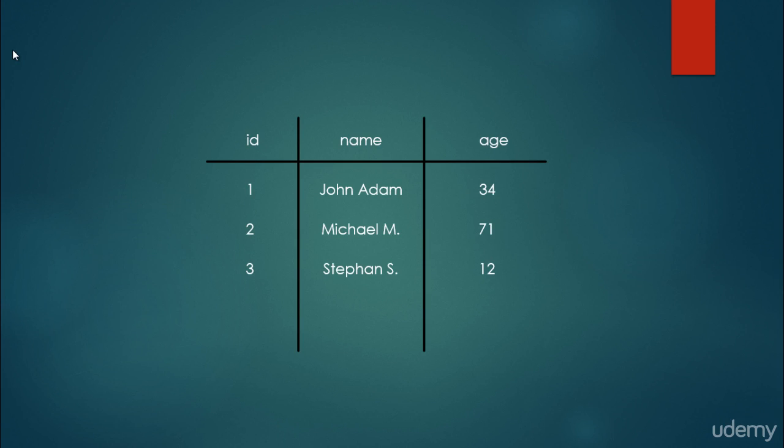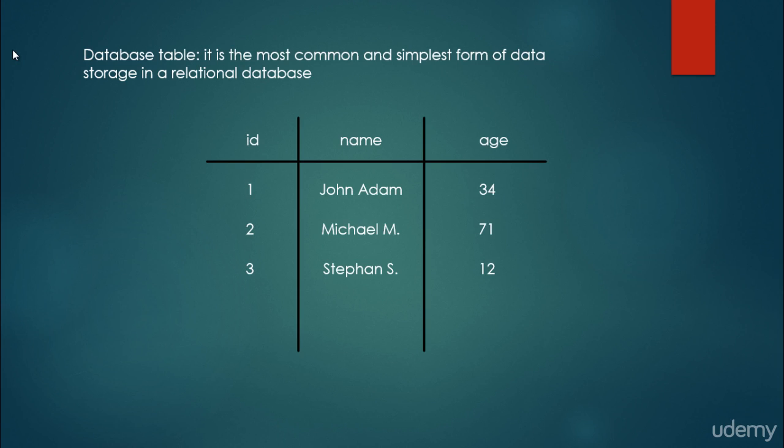And this is how a relational database looks like. It has columns, it has rows. For example, the ID, the name, and the age. And this is just a simple database table, which is the most common and simplest form of data storage in a relational database. And the rows of this database are called the rows or the records, and we can manipulate